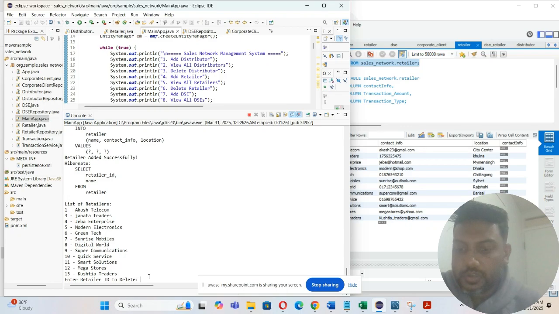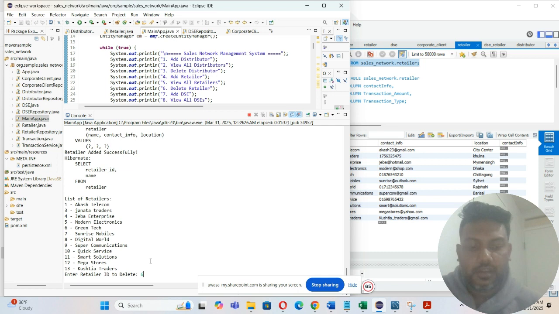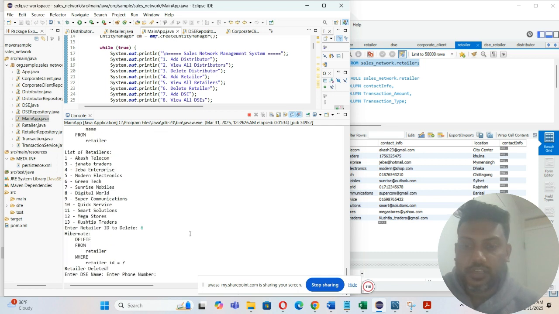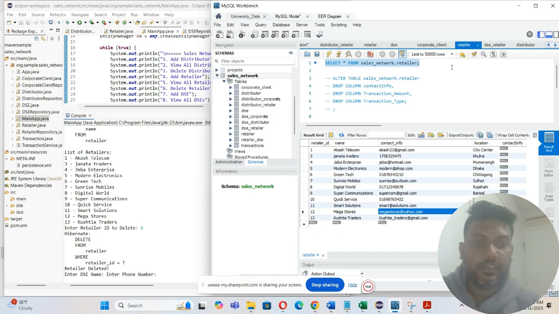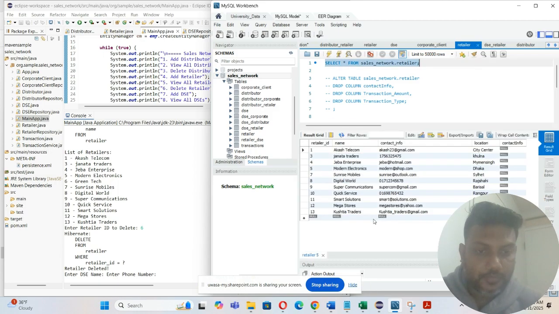Now if I want to delete a retailer, say I want to delete number 6, which is Green Tech, now what to do? Okay, it is deleted, here it is showing it is deleted. So if I run this code, again what does it show? Yes, the number 6 retailer, Green Tech, has been deleted. Okay, so